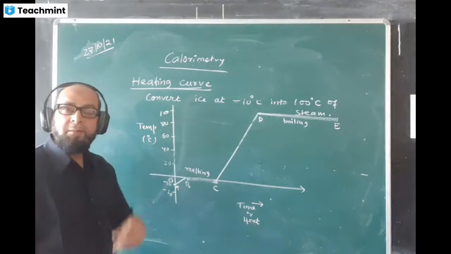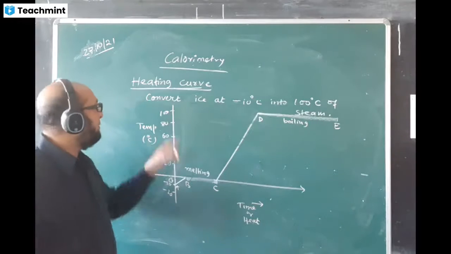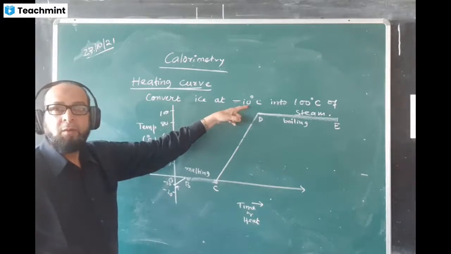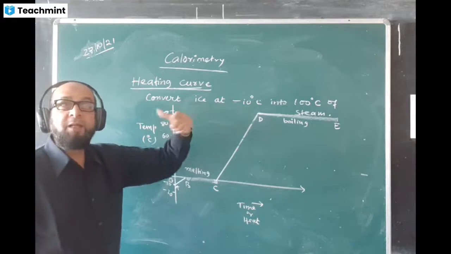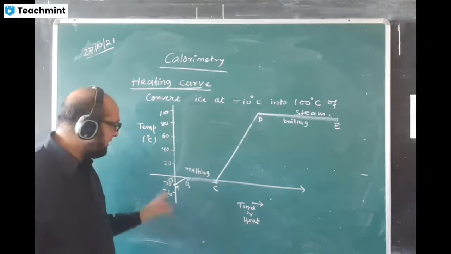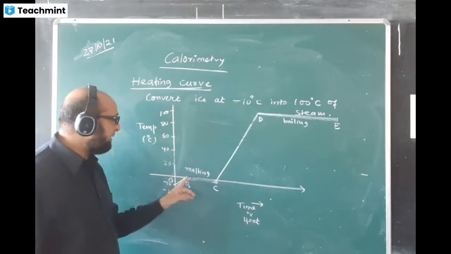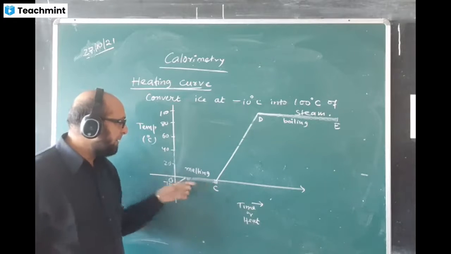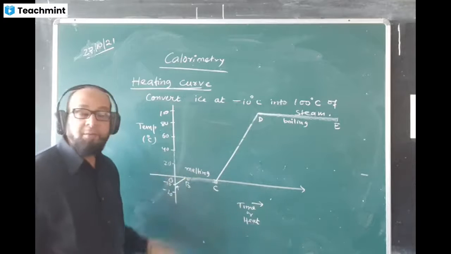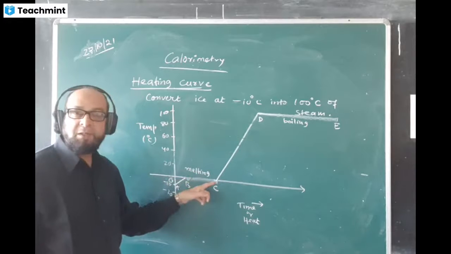Yes, sir. Sir, can you explain this diagram again? Ice at how many degrees Celsius is given? -10, no? We know the fact that ice melts. What is the melting point of ice? 0, no? Ice at -10 degrees Celsius, you have to bring it to 0, and then the change of state will take place. At the time of change of state, the line becomes parallel to this axis, because there will be no change in temperature.